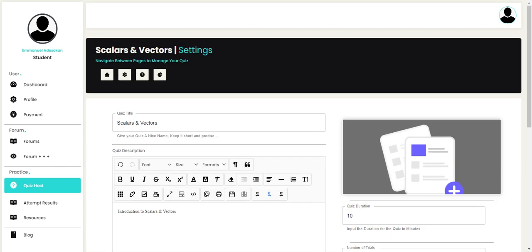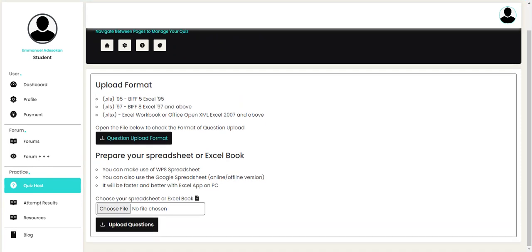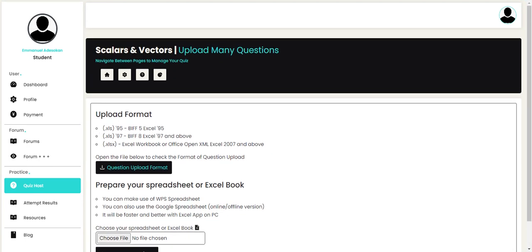So another thing I want to teach is how to upload bulk questions, which you may want to be using because I upload a lot of questions. So the idea is this. To upload the questions, you use an Excel file. So if you have access to a laptop, you may want to be using this. You know what Excel is. So there's a question format. And in an Excel, for those that understand how it works, you could just use this spreadsheet